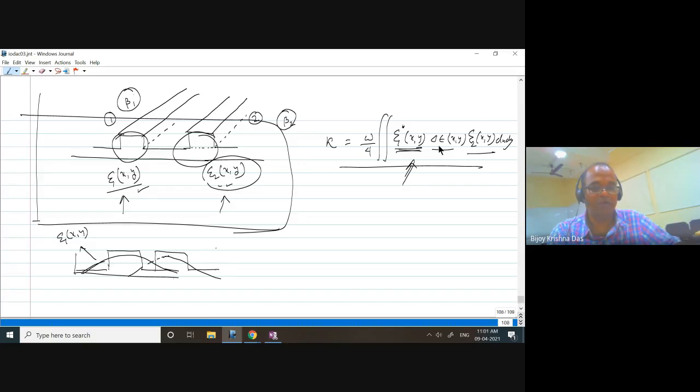If energy is launched in one waveguide, is there any chance that it can leak to the second waveguide or not? If it is leaked, how much will be leaked? That depends on the strength of this kappa value. Now the question is how you can calculate the kappa value. You know the dimensions of both the waveguides and the separation between them. You want to calculate, so how to do that? Just think about that, and tomorrow I will continue from here. Tomorrow means next class. Okay.